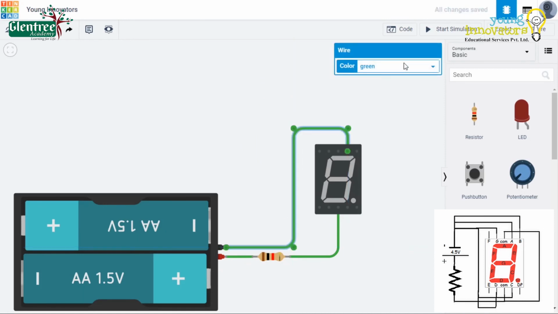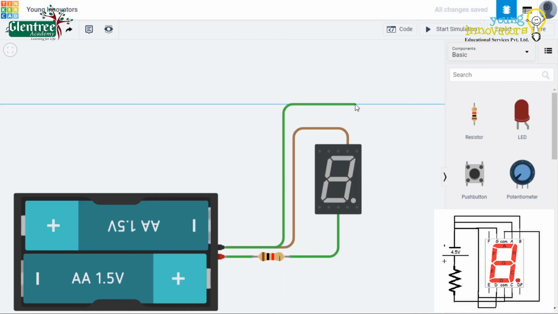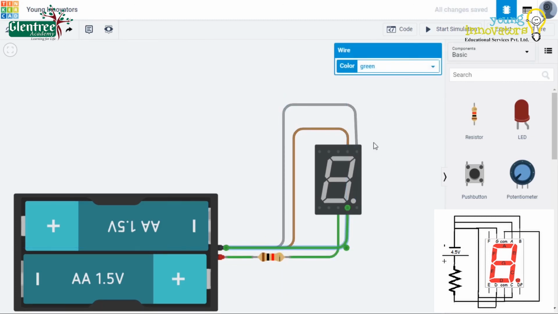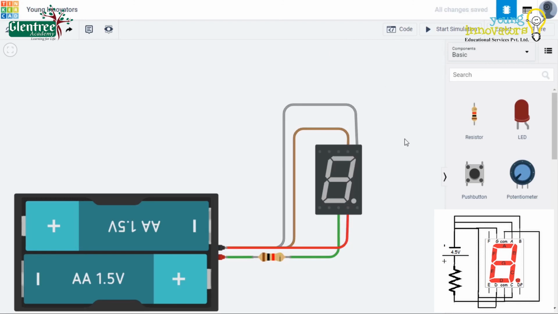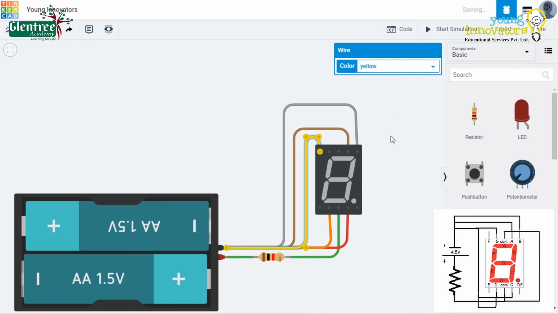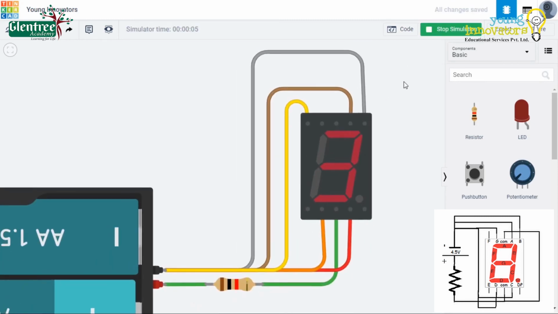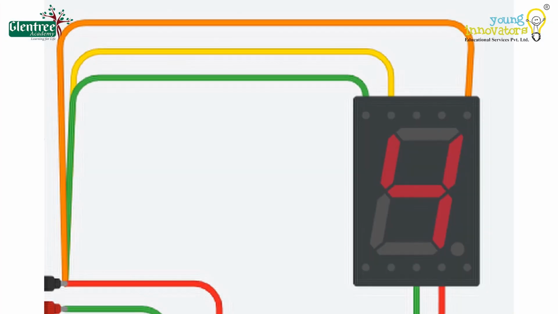And for number 3, we can connect A, B, C, D, G terminals. In the same way, we can display till 9.